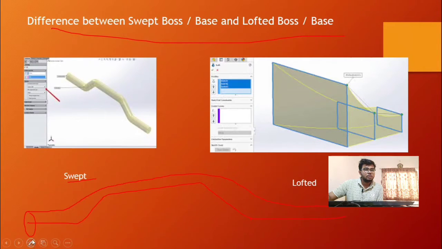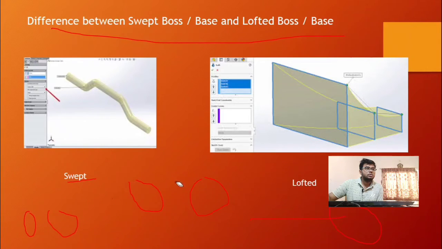It is a continuous, constant circular profile at every section. The profile will be circular at every section. That is swept.